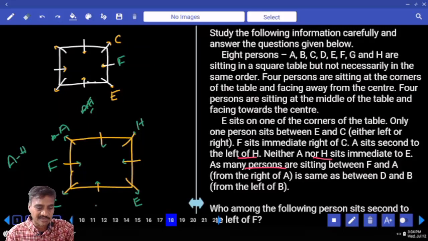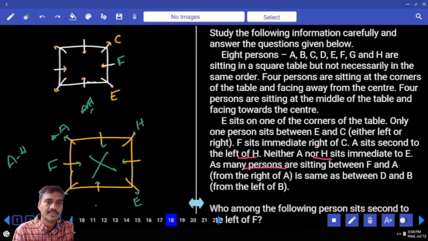Is same as D and B, and D and B to the left hand side. That means A and F are adjacent, so D and B must be adjacent. Is it possible? This case is ruled out. Hence we are left with the next case. And in the next case,